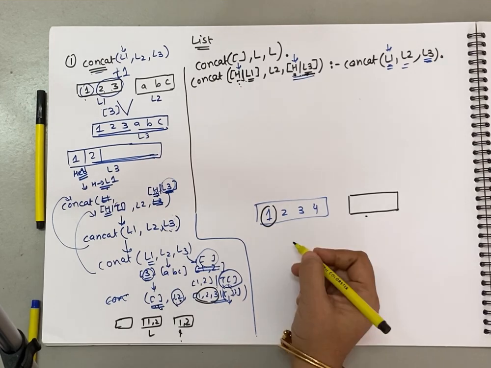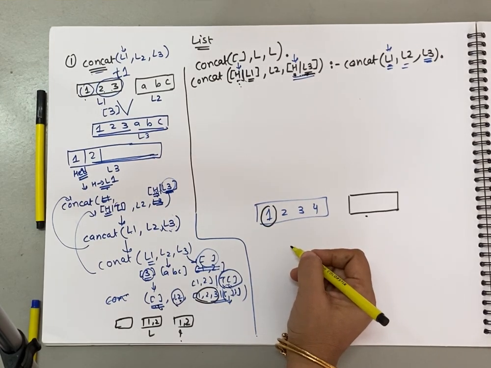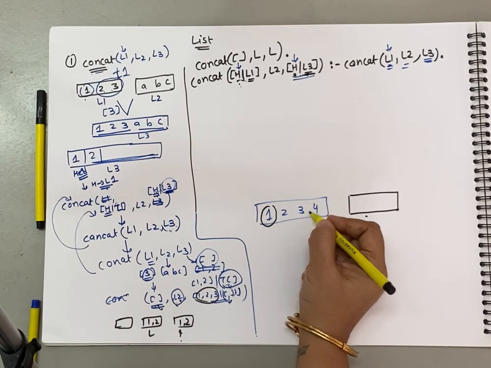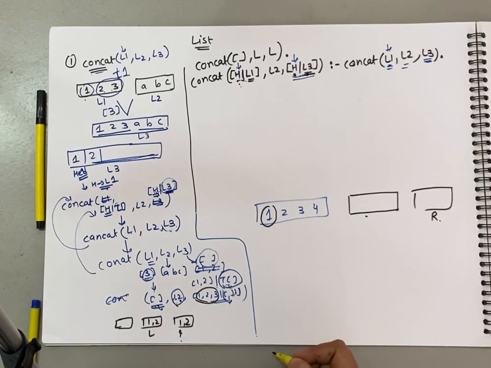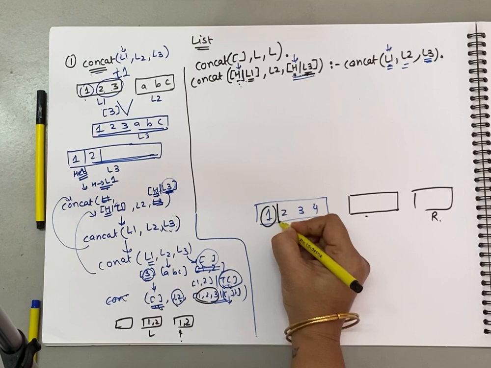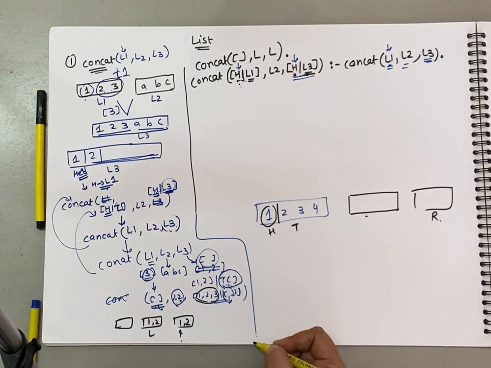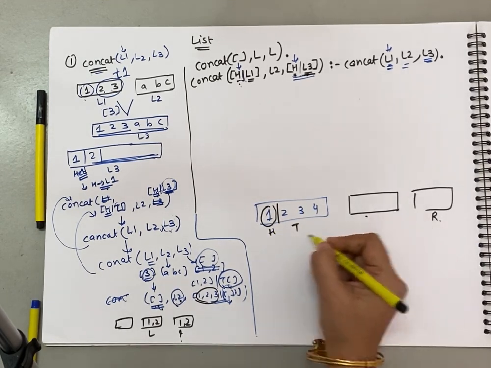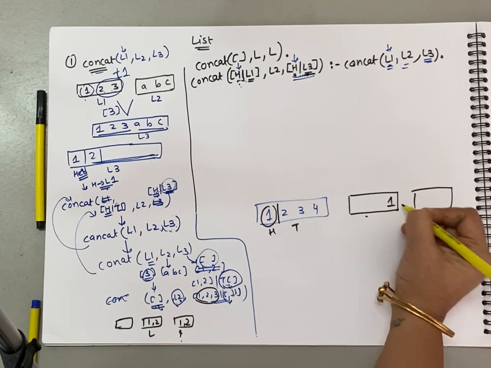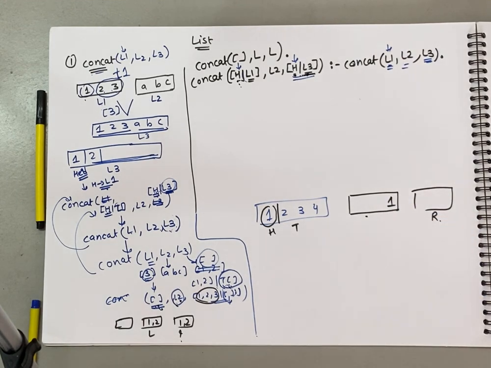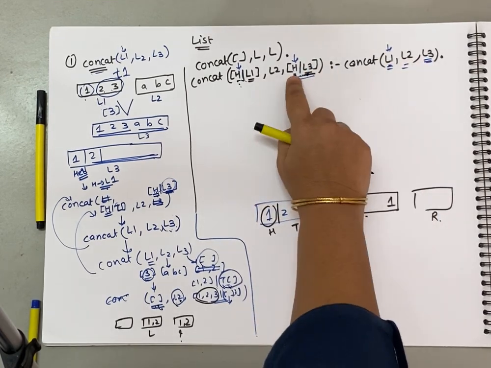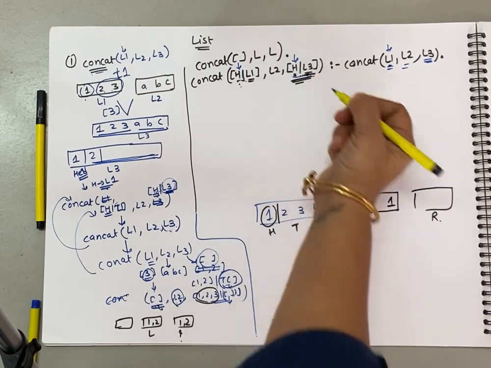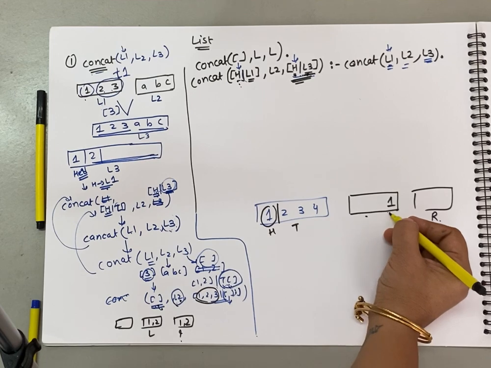Initially, the list you are passing over here is the first list, and this empty list is the resultant list which is going to be generated. Let us say this is your head and this is your tail. This head is going to be added over here. I am not adding a head in the head like we did over here, where you make sure you are adding in the head. I am just adding it to the list.